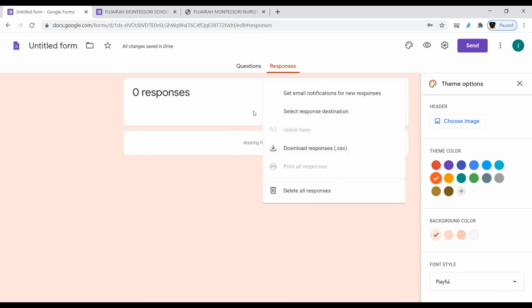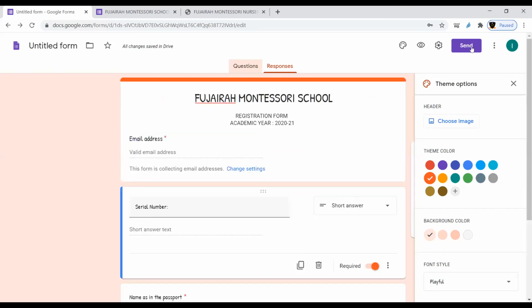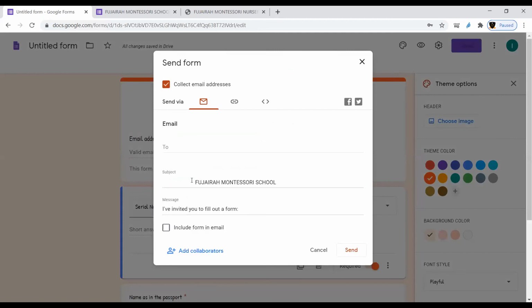For that, I have to share the link for the parents. So what you have to do, this is your form and there is a send option. Once you go for this send option, it will ask you for email, subject, or include form in email.